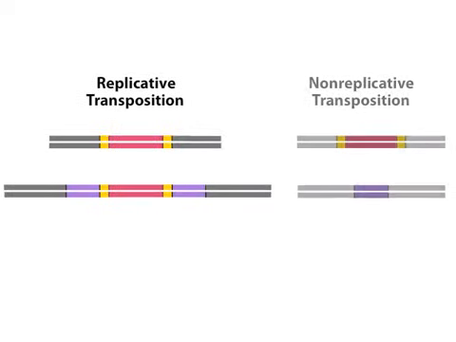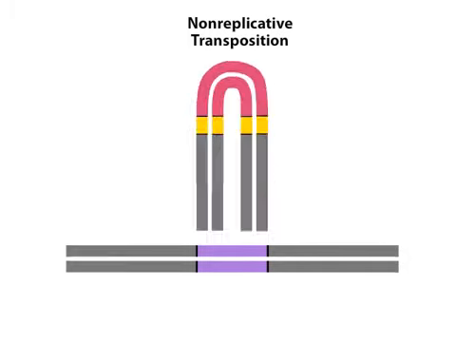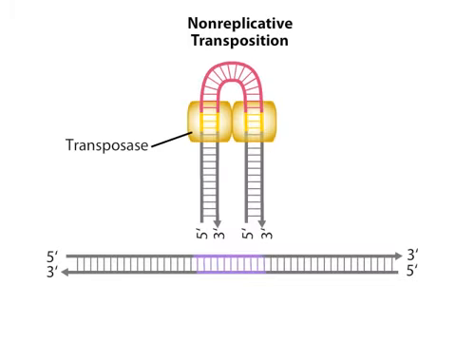Non-replicative transposition is sometimes called cut-and-paste replication. In this process, transposase brings inverted repeats and flanking DNA together. One phosphodiester bond is cleaved on each strand at opposite ends of the IS element, yielding free 3' OH groups. Each 3' OH end attacks the other strand of the double helix, creating a new bond that results in hairpin